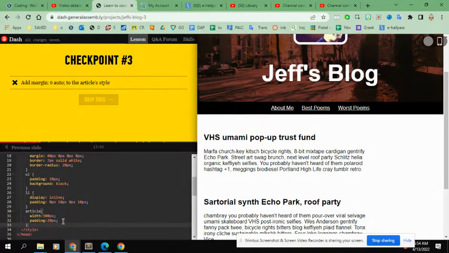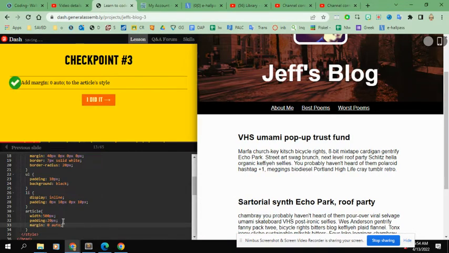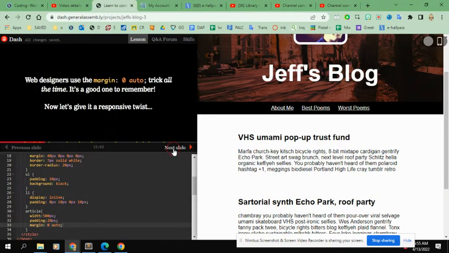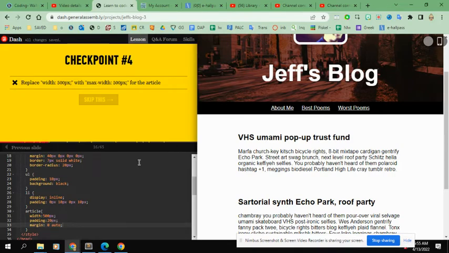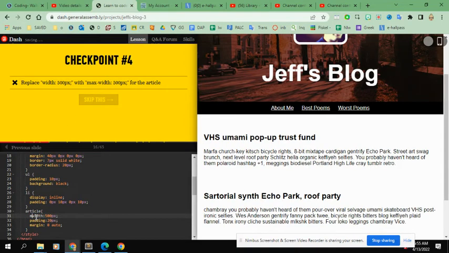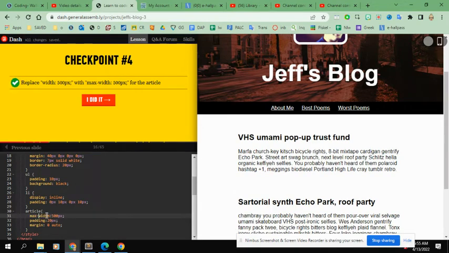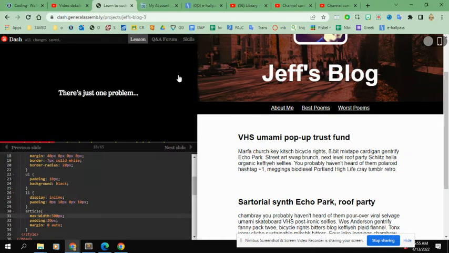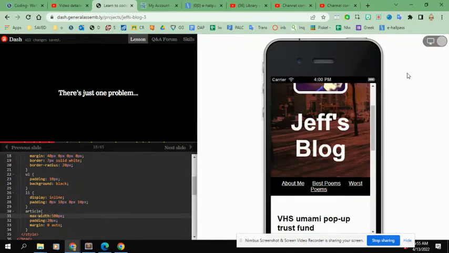Add a margin of 0 auto to the article style, so margin 0, and you're just typing exactly what it asks you, auto. There you go. And you can see that centered his poems on the screen. So margin 0 auto centers. Replace the width 500 with max width. So I'm just going to change this width property to max width. That's so they don't get any bigger than 500 pixels on a phone or anywhere. They won't get any larger than that. They can get smaller when your screen gets smaller, like on a cell phone, but they won't get any bigger